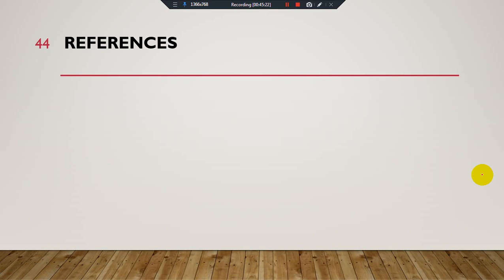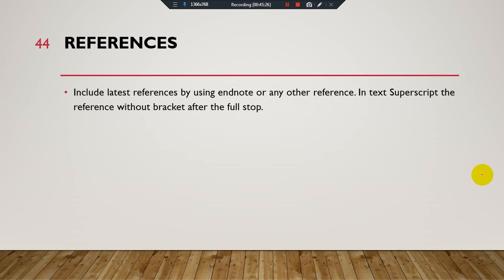Going towards the ending part, you have to provide the references. Include the latest references by using EndNote or any other way you can use for writing references, but in the text you can use subscript references without brackets after the full stop. But for the students of Lahore School of Accountancy and Finance, you have to follow proper APA style referencing.